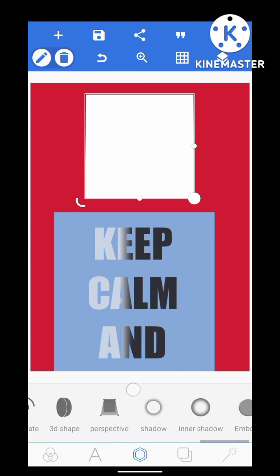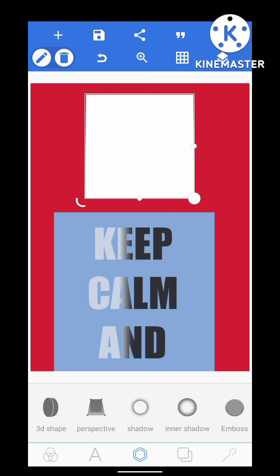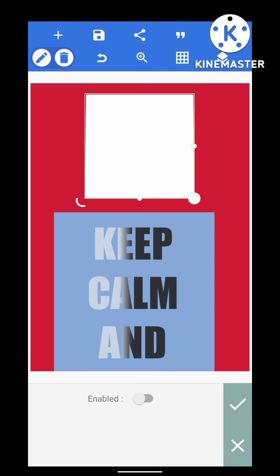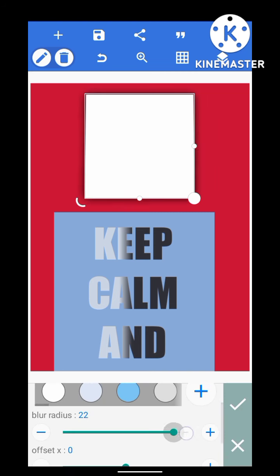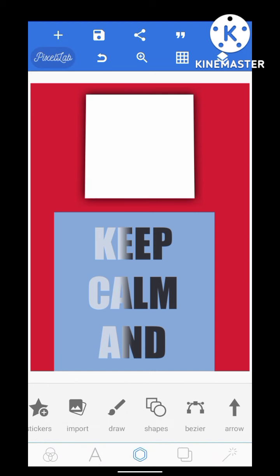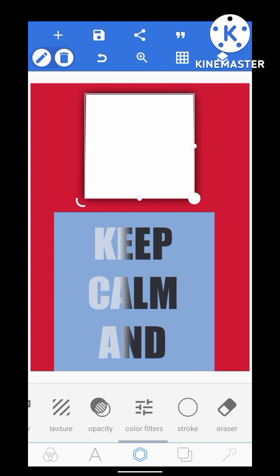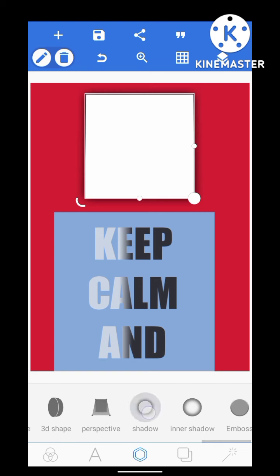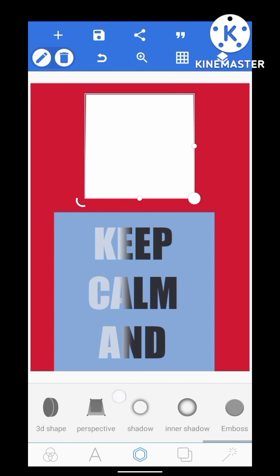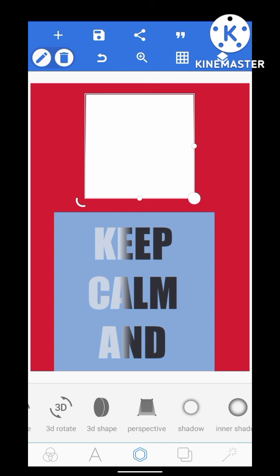shape, perspective, shadow, inner shadow. So let me just give you a glimpse of all these shadows, like blur radius. You can see there's a shadow behind this text. If you look very well, there's a shadow behind here. It gives that 3D feel you're looking for in your design. That's for the shadow effects. So let me go back. When we begin to design, we'll be making use of this inner shadow, emboss, all these 3D effects. So that's all for the object or image tool, which is this